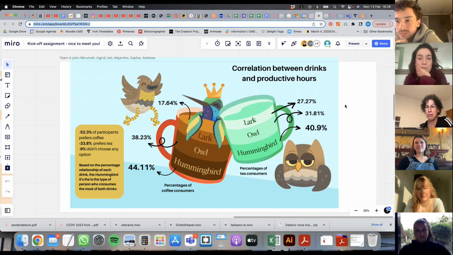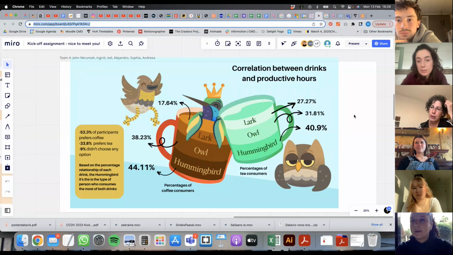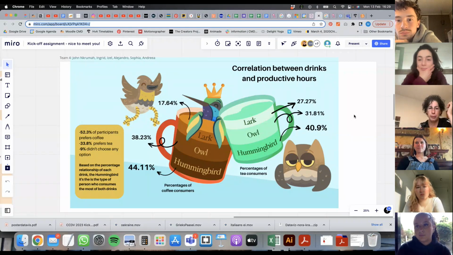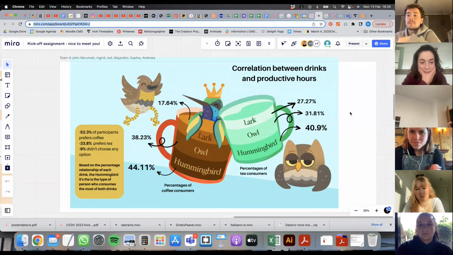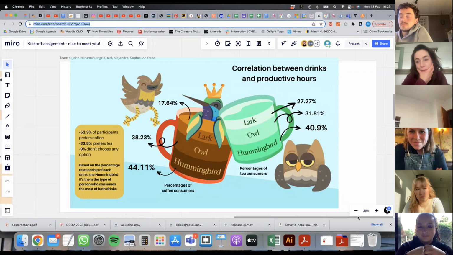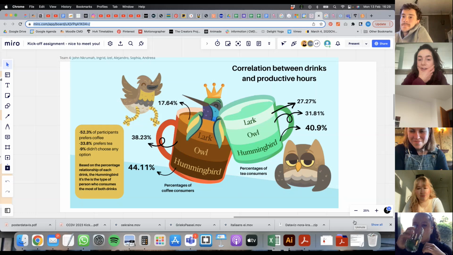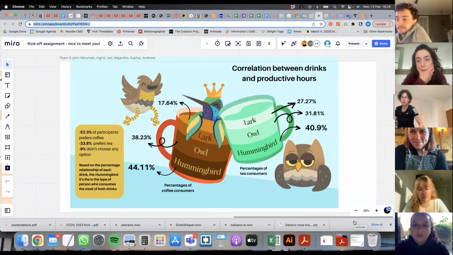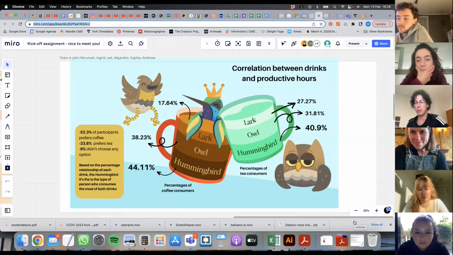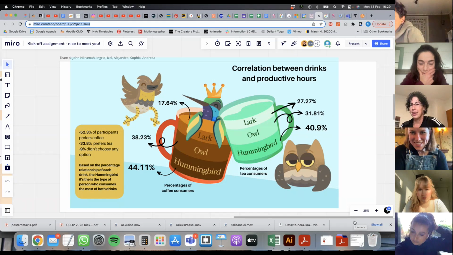I'm actually amazed by what everybody did in this amount of time, and I saw you had some time to do some resketching. I like the layers and how you put the hummingbird in the coffee, and I guess I'm a hummingbird, but also an owl. I like how you work with the colors. What is it, green tea or a herb tea? It's just, I think, normal tea.